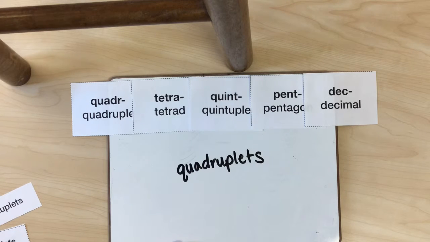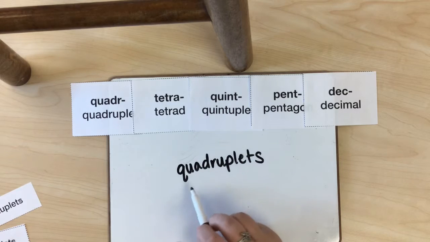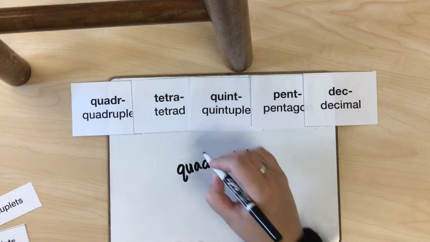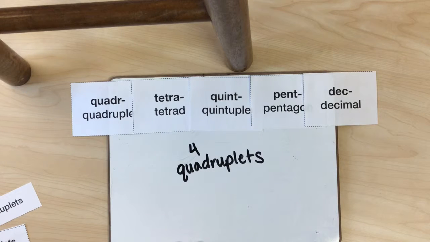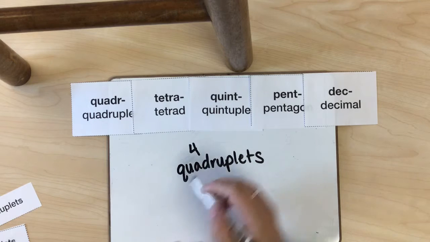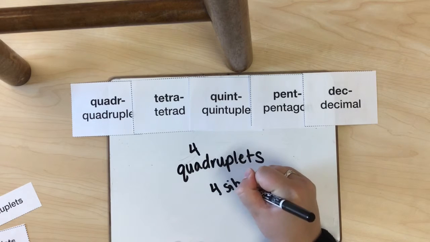I need to think about how this word is being used first in order for me to figure out what the word means. So the sentence is, there were quadruplets walking down the street with their mom. So now I need to figure out, what does quadruplets mean? Well, I know quadra means 4. So if there were quadruplets walking down the street with their mom, that must mean there were 4 siblings